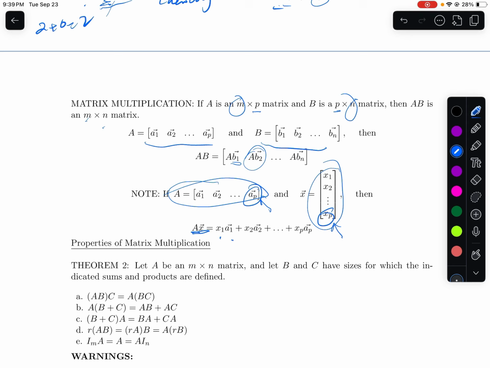So now note here, the first property is the associative property. In the past we saw the properties of matrix addition or vector addition. We saw the first property was the commutative property, but here we do not have a commutative property, and you will see when we do examples that often, for two matrices A and B, AB will not be equal to BA. This is a very general thing in matrices. So property number 1 is the associative property